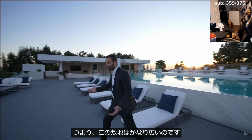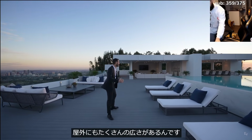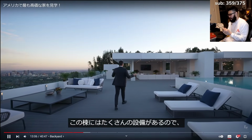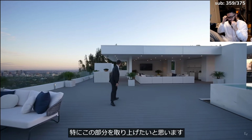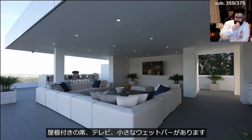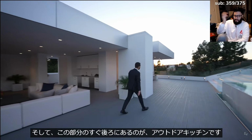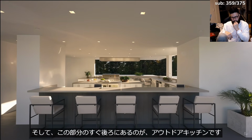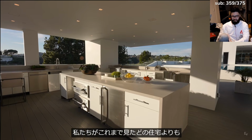I mean, property is pretty big, let's just face it. And not only you get amazing interior square footage, you get a lot of outdoor square footage. And I want to particularly cover this section because you have so many more amenities on this wing. You have an outdoor dining area, another covered seating, small wet bar, and right behind this section, we have the outdoor kitchen. This is without a doubt one of the best outdoor kitchen / barbecue areas we have ever seen